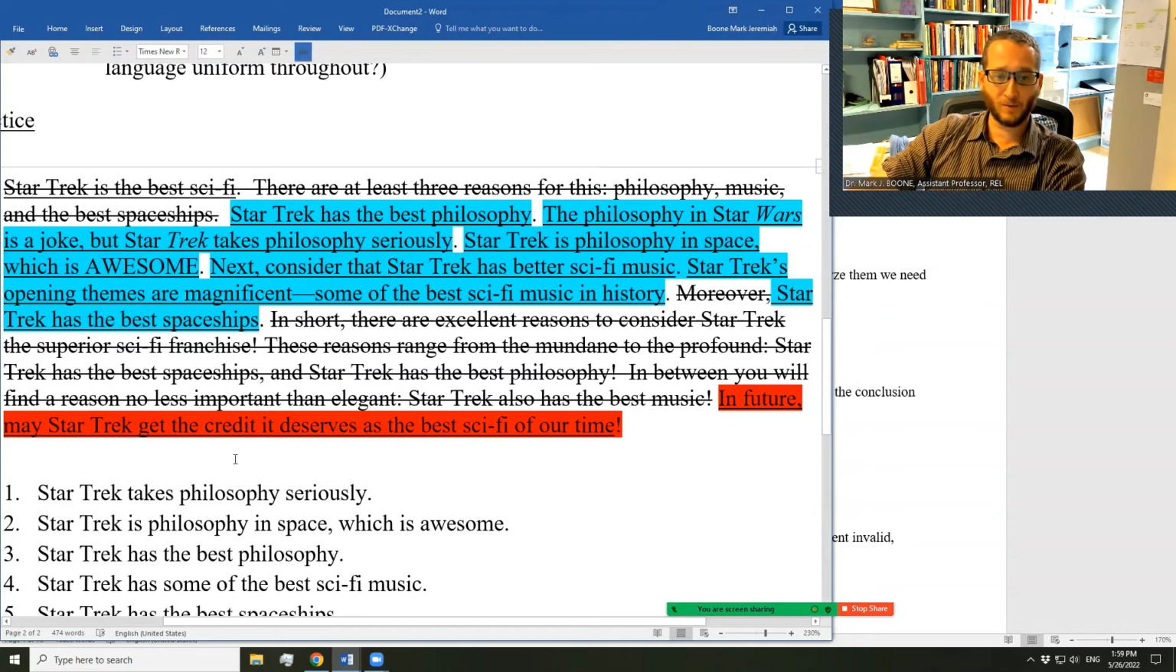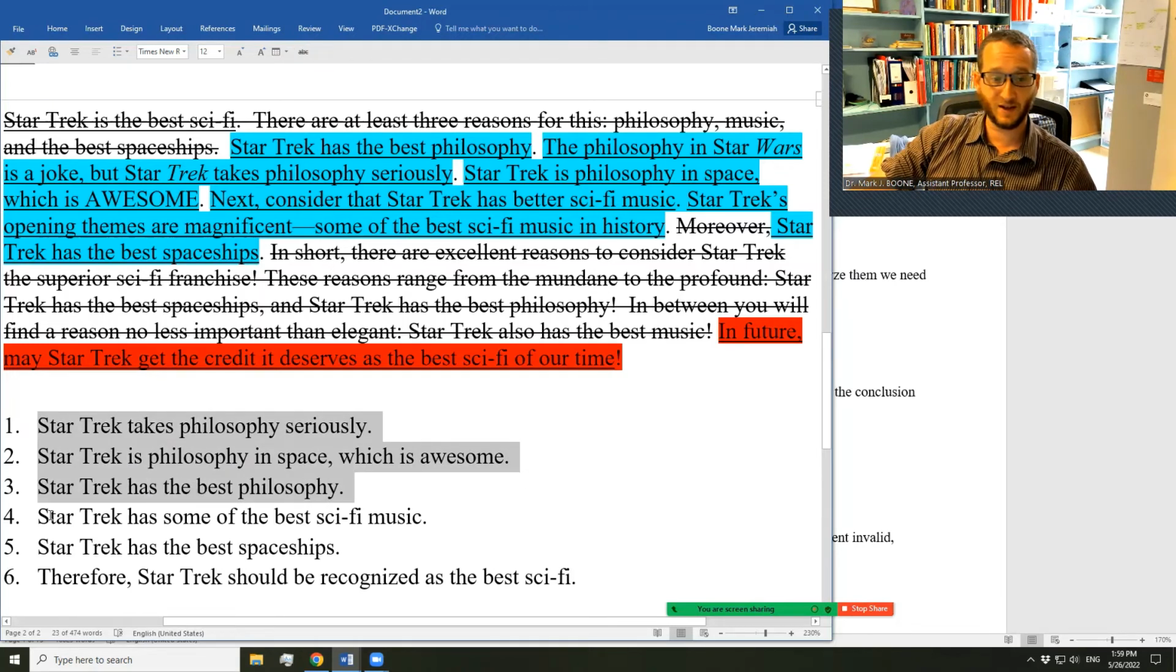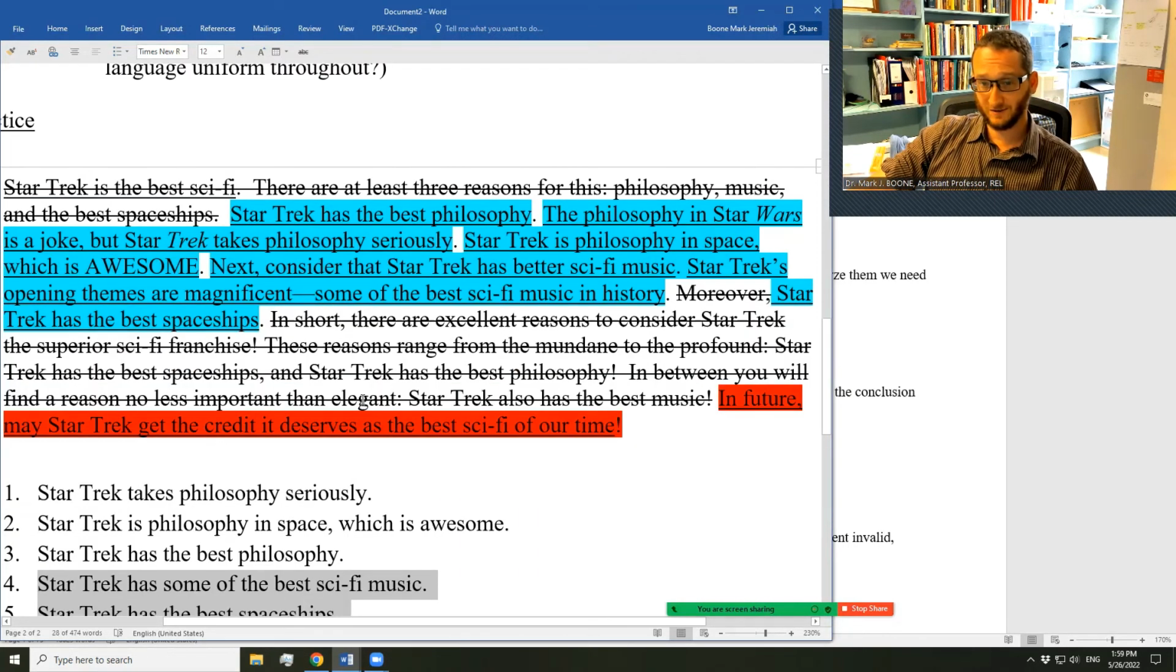And now, do we have the whole argument properly represented? Well, we're this close. Star Trek takes philosophy seriously. Star Trek is philosophy in space, which is awesome. Star Trek has the best philosophy. Star Trek has some of the best sci-fi music. Star Trek has the best spaceships. Therefore, Star Trek should be recognized as the best sci-fi. It looks really good. We're missing one thing. Did you notice what we're missing yet? We've not identified our subconclusion. Now, we have the subconclusion. We've not identified it as such. So here's a premise. Star Trek has the best philosophy. Here's a premise. The philosophy